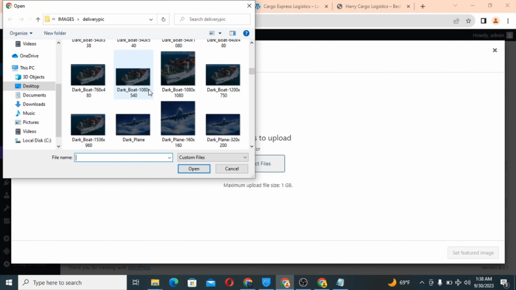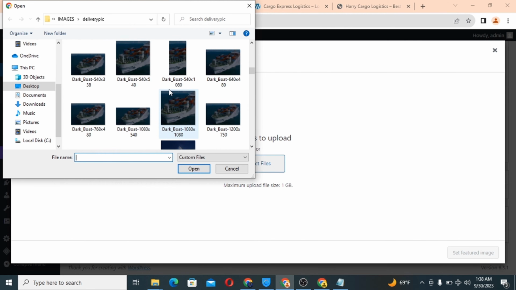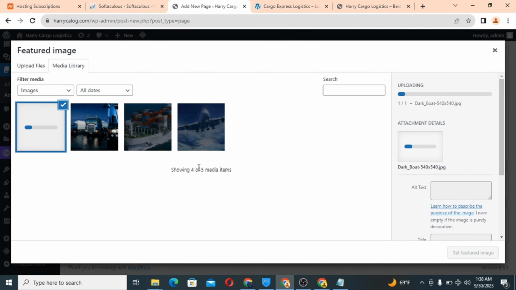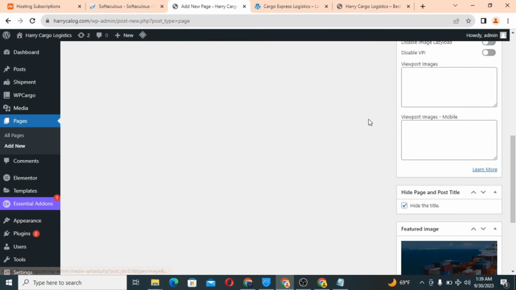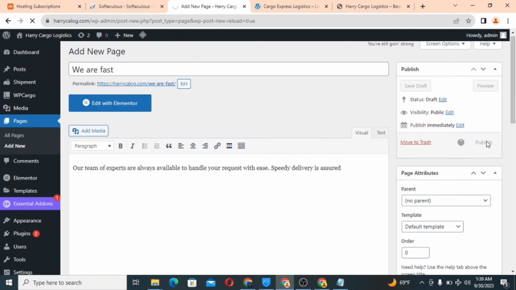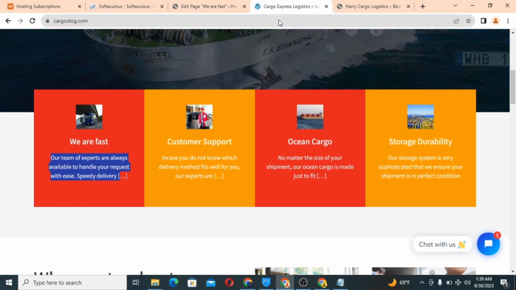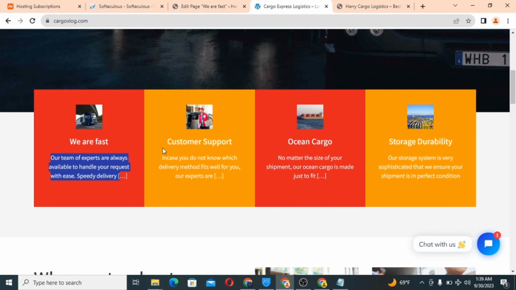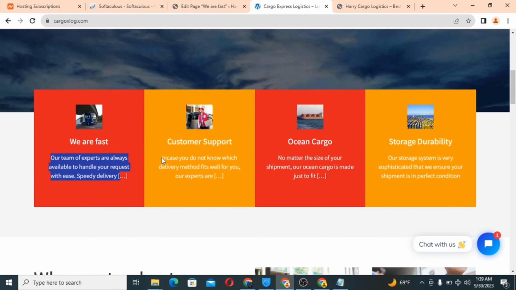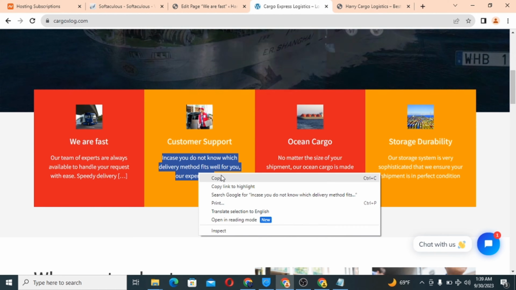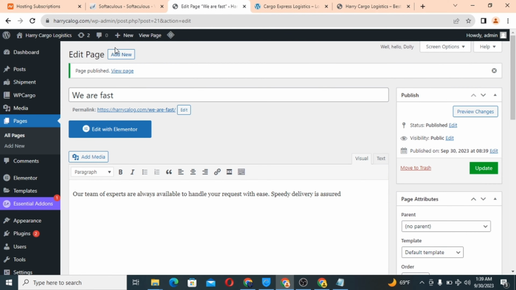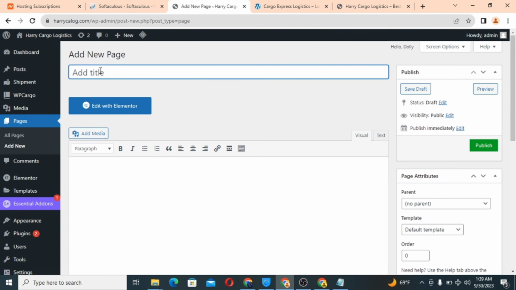So let me just pick the smaller the image, the faster the loading. So let's just choose this 540 by 540. So click on it, set, publish, then come back here, customer support. Okay, customer support. Let's see, add new, customer